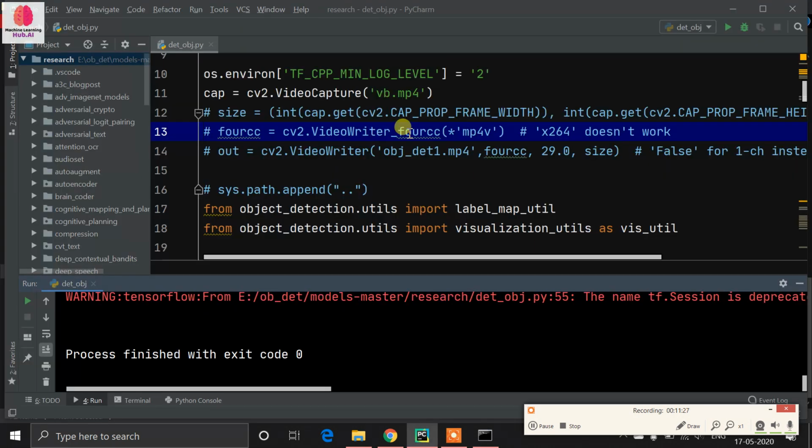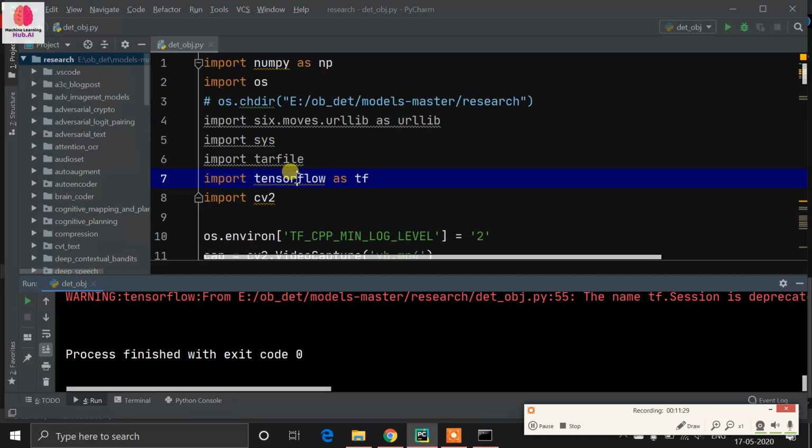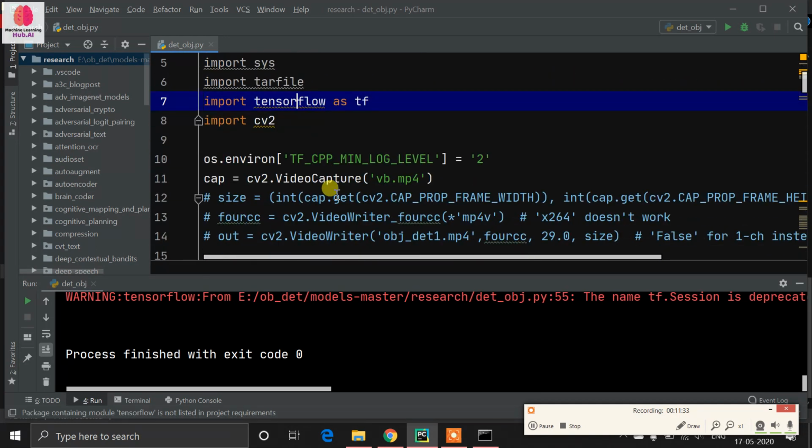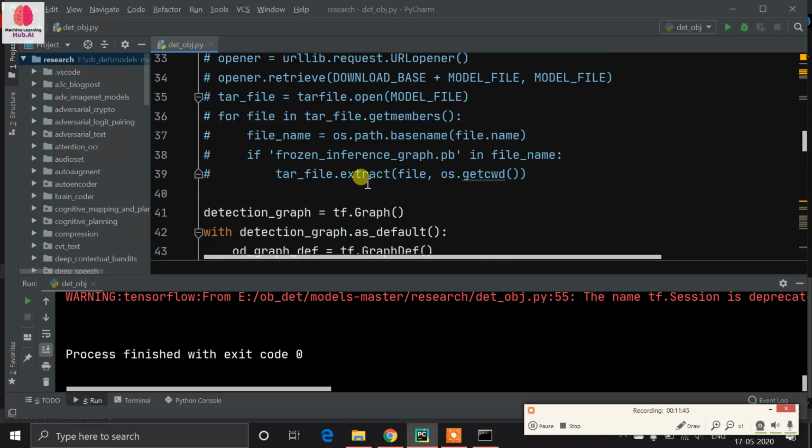Now install all needed modules like NumPy, OpenCV and TensorFlow. Now in this code, just give a video feed. If you are using a webcam, then write 0 here. Instead of a webcam, if you want to use any video, just give the name of the video.